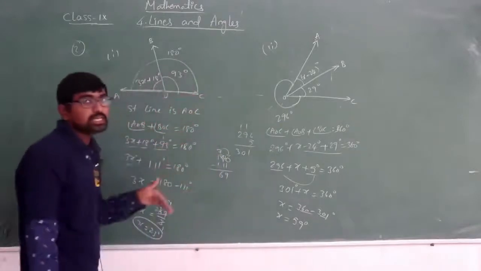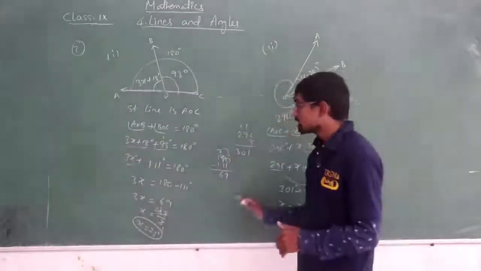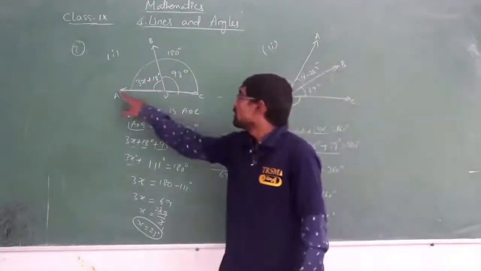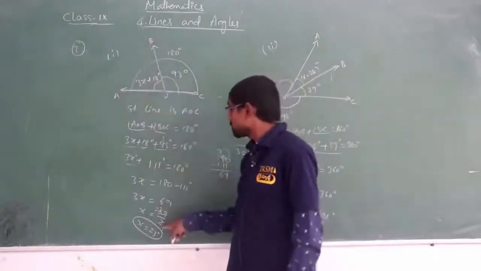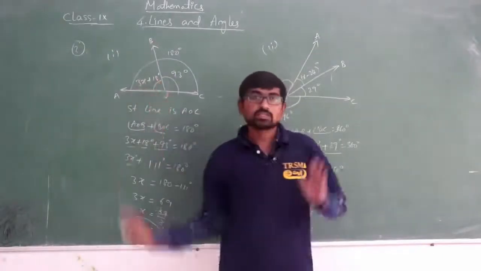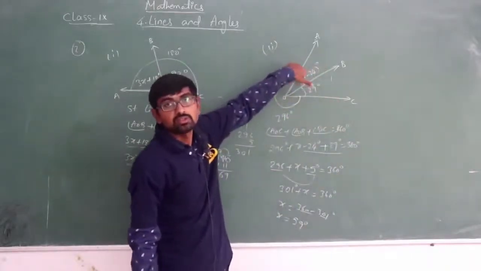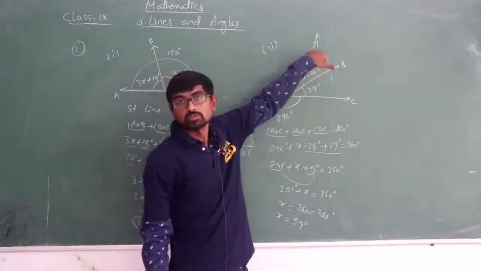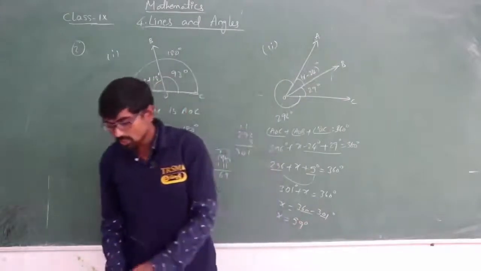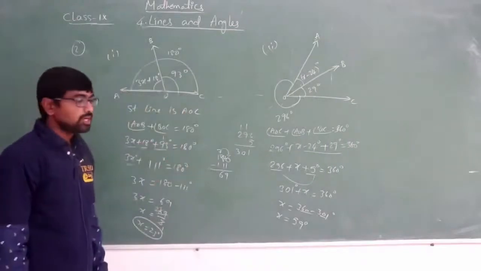In this question he has asked only about the value of x. So this is how you find the exact value of x. If he asked what is the value of AOB, then you have to substitute this x value in place of x, and multiply and add. Here also, for the value of AOB, you have to substitute the answer which you have got in place of x. So like this you will be solving the problem and finding the value of x.